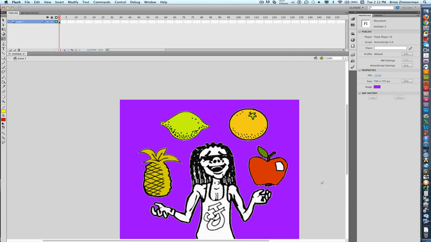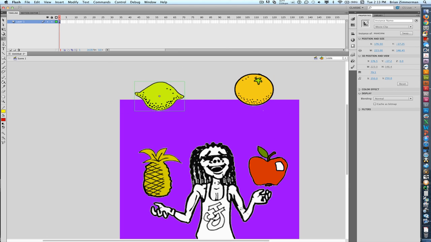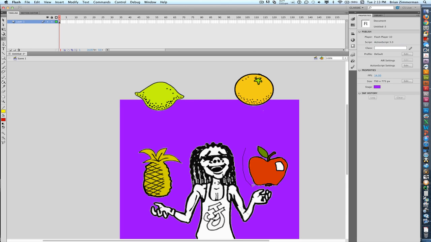Hold down the Command key, click to deselect, come around the apple. And I'm going to be pretty careful getting between the apple and Jimmy's hand. That ought to do it. Uh-oh. See how I clipped this one? That would make both of these part of the same symbol. So I'll deselect. Probably best if I pick these up and move them out of the way. That way when I do my work, I don't have to be quite as careful with making sure that they're all in the right